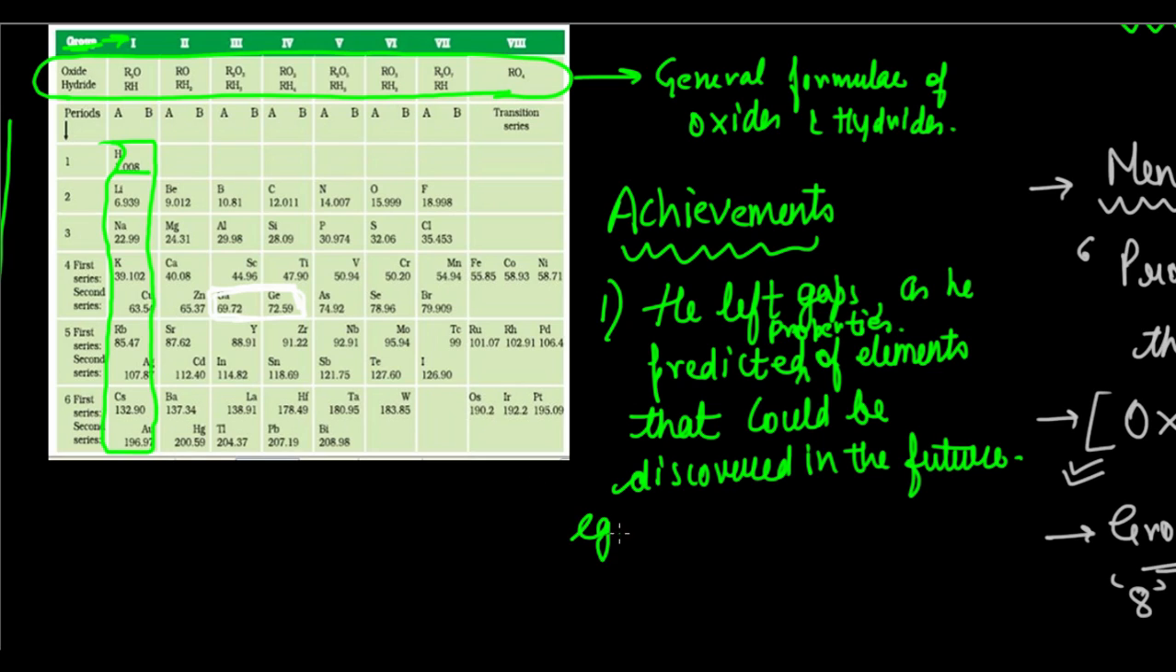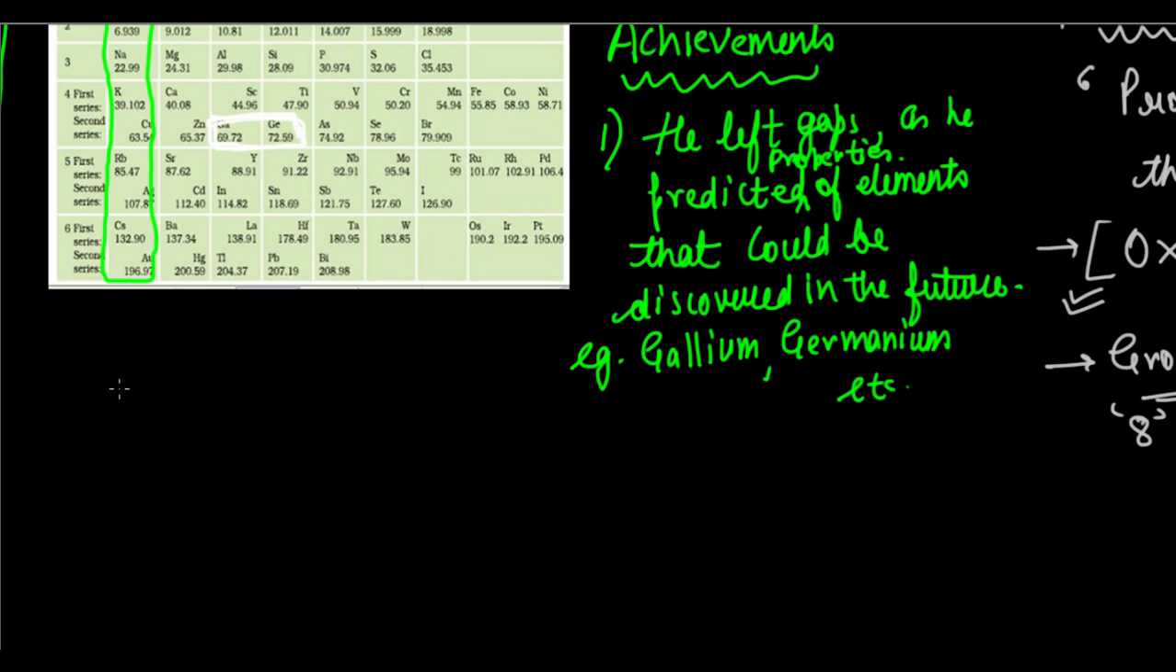Examples were gallium, okay, germanium, these are two examples. Okay, there are more as well, right? So you can see how well he knew his stuff, right? And that's just phenomenal. That's the first big achievement. The second achievement was that